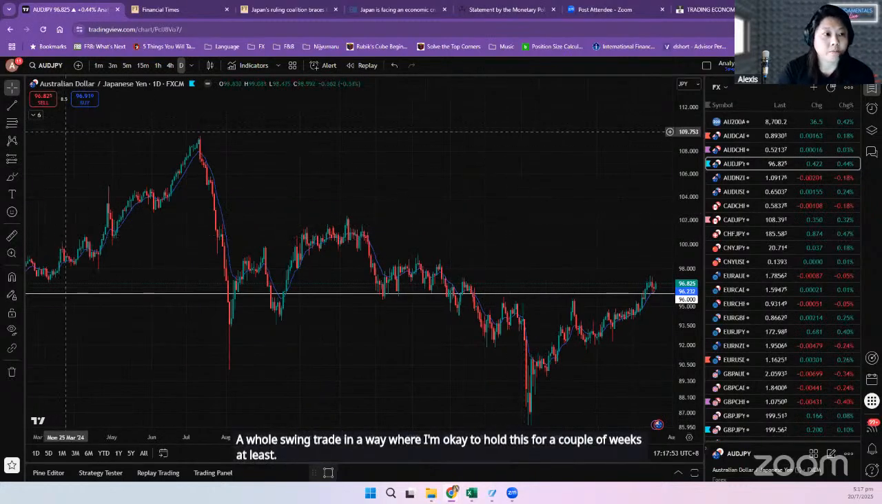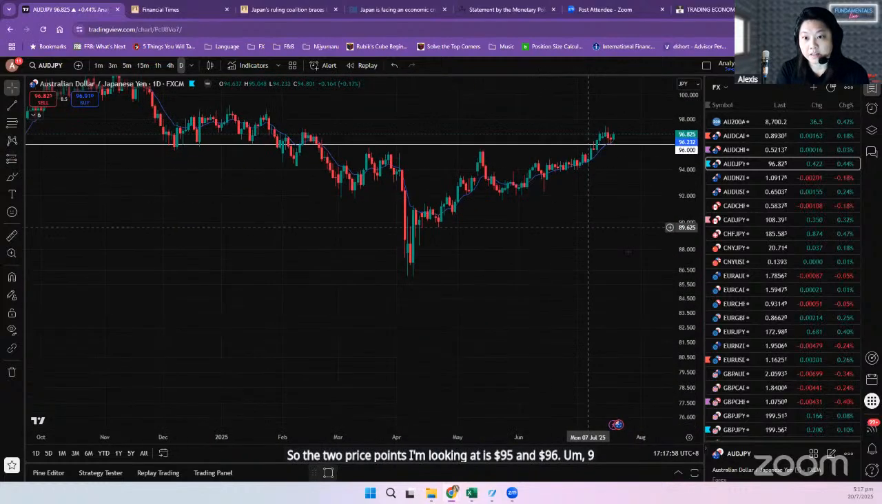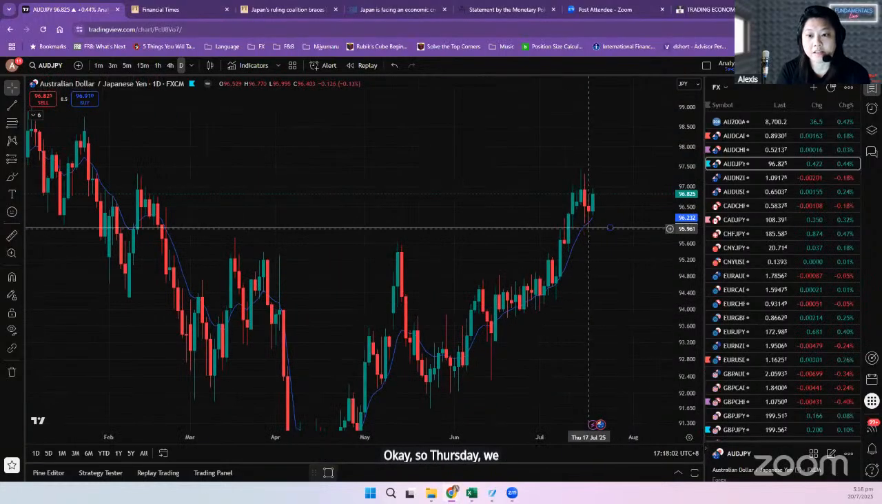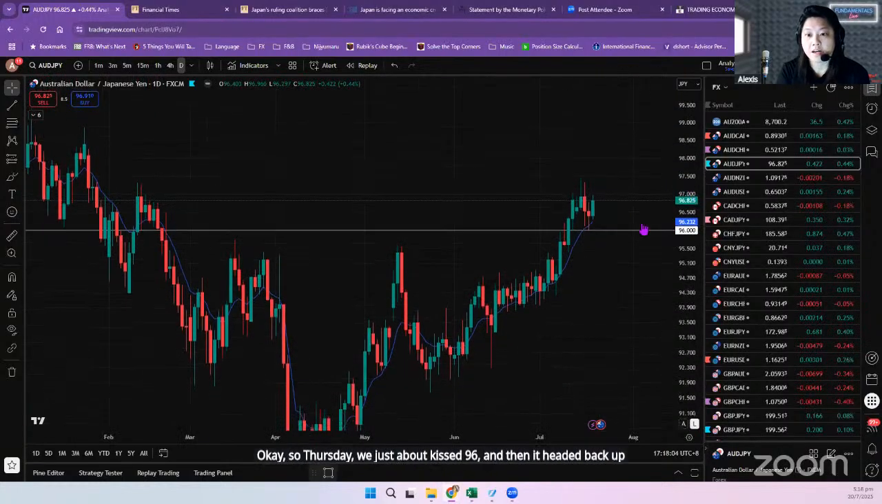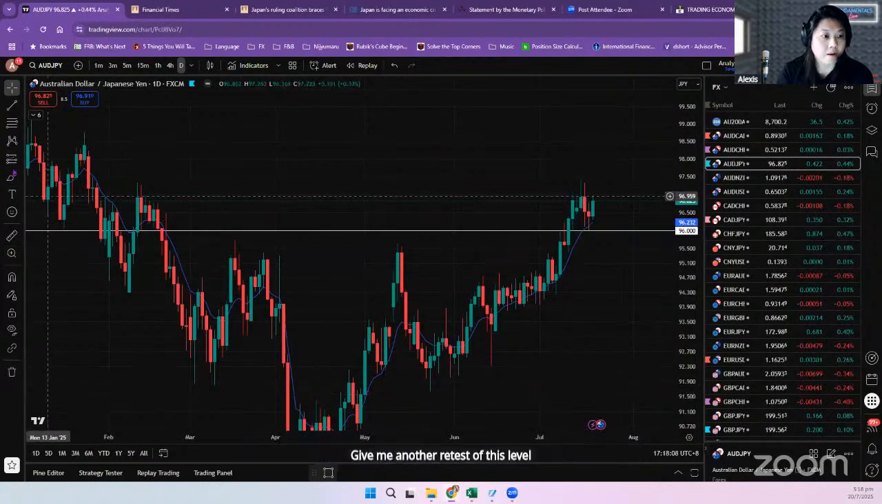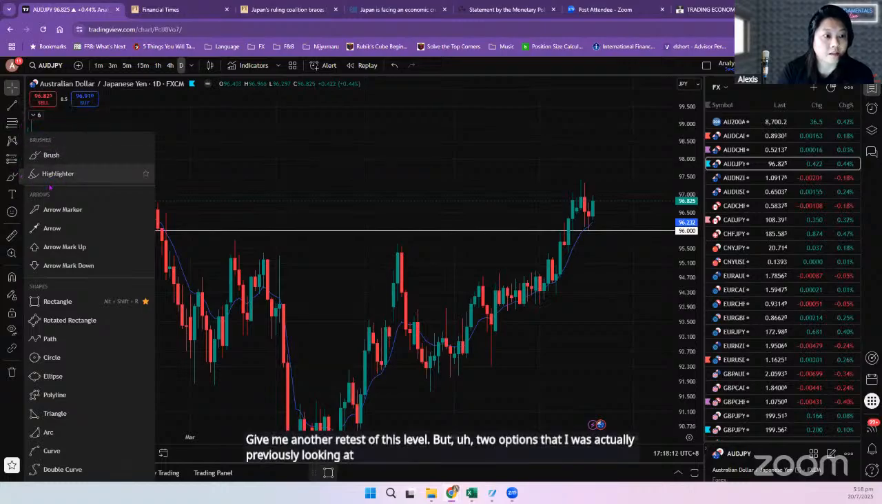So the two price points I'm looking at are 95 and 96. 96 has been hit, I think, on Thursday. Okay, so Thursday, we just about kissed 96 and then it headed back up over here. Now, I don't know whether this will give me another retest of this level, but two options that I was actually previously looking at was either,